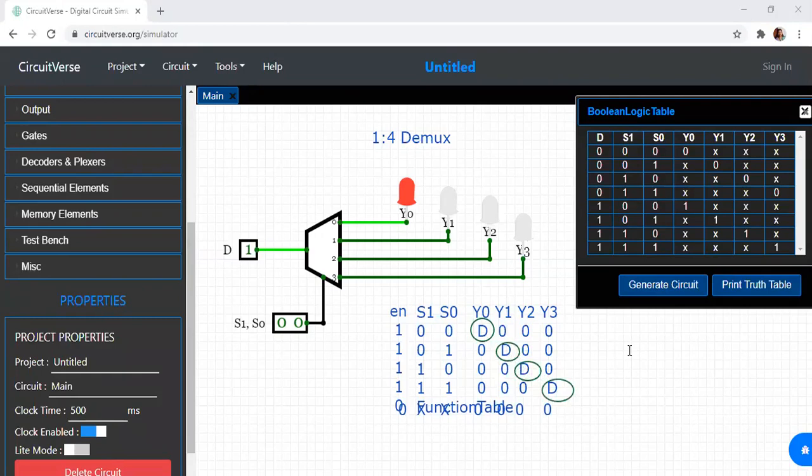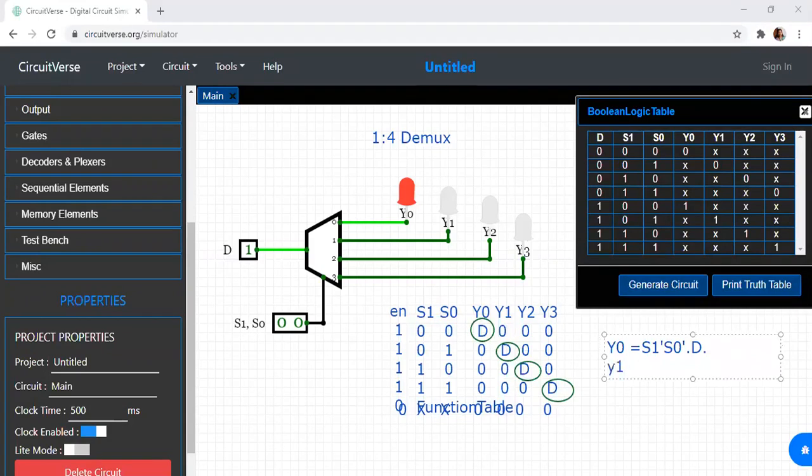Boolean expression Y0 is equal to S1 bar into S0 bar into D, because that is the data input we have. Suppose if we have enable and it is an active high enable, it will be En. If it is an active low enable, you'll write it as En bar. Now it is an active high enable.